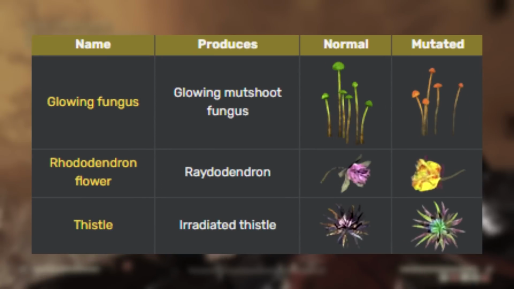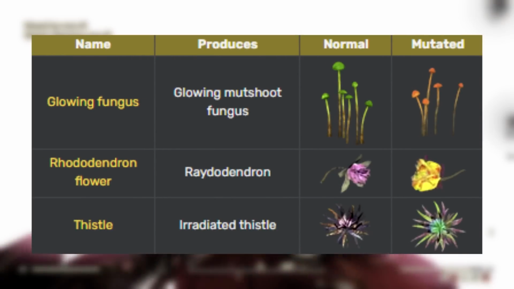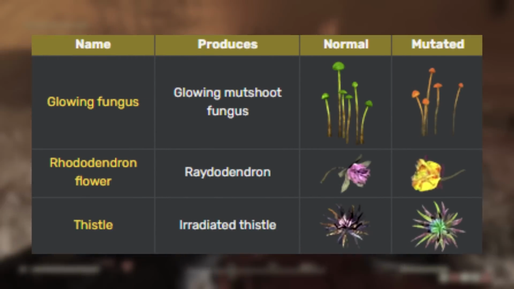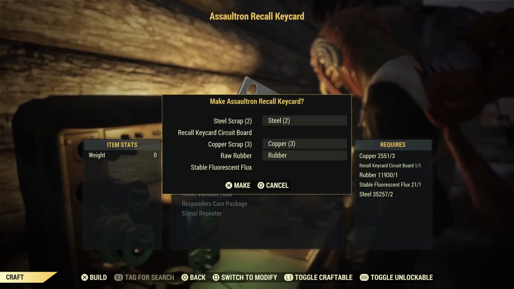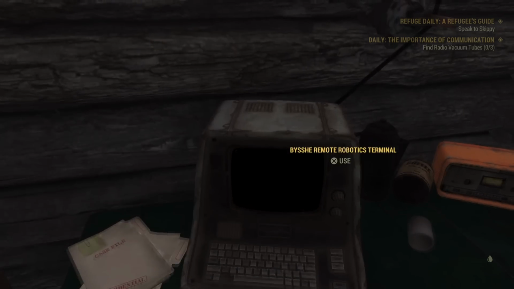But if you want to nuke a zone and go looking, what you're looking for is glowing fungus and the thing that starts with the R. I'm not even going to try. But besides that, if you already have these items, then it should already be lit up, and you can just craft it. Now next you're going to want to take that key card and put it in the terminal,